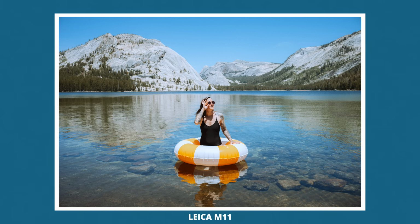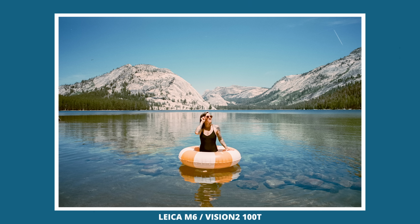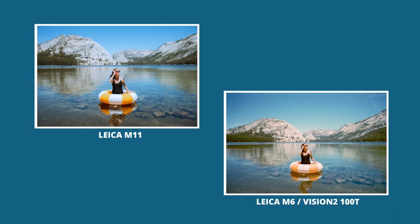Now back to this first photo, this digital photo looks great, and it's honestly just right in my wheelhouse. My colors work on it, everything is good. Next up, we've got the Vision 2 photo on 35mm film. Now you can see some color differences here, and I'm not talking like crazy color differences, but they're definitely pronounced. You can see how they are different photos. The composition is the same, and right there, just between these two, which one feels better to you, the digital